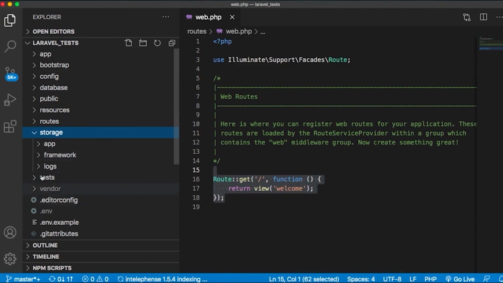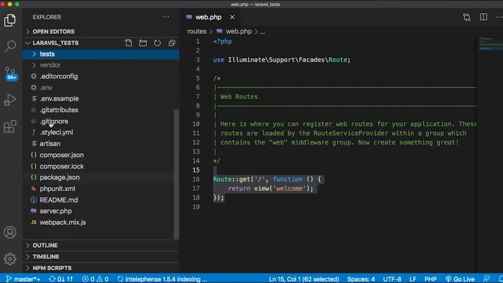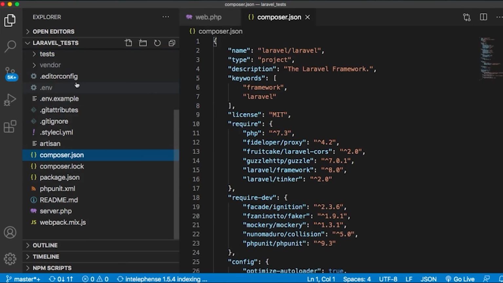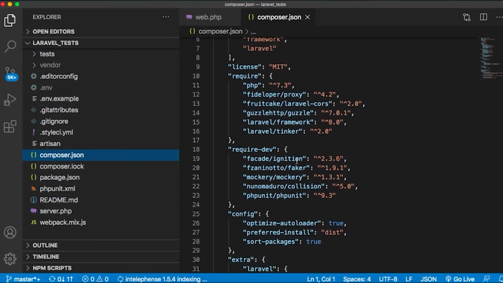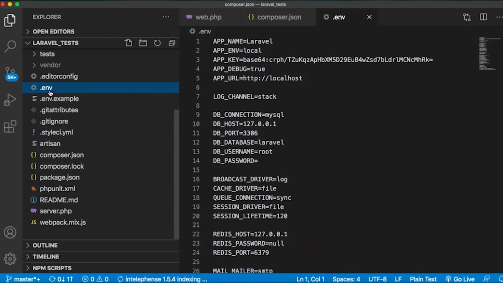We have the storage folder, which is responsible for storing anything you want to upload. We have the tests folder. If you want to run unit tests, this folder is going to be used. Finally, we have a bunch of files here. The most important ones are composer.json and also .env. The composer.json contains information about your packages and the versions that are used in this project, and the .env contains information about the environment